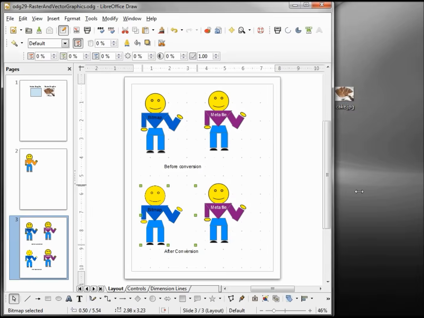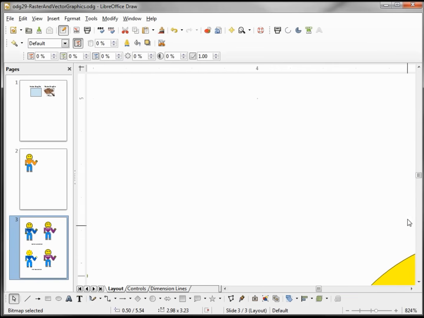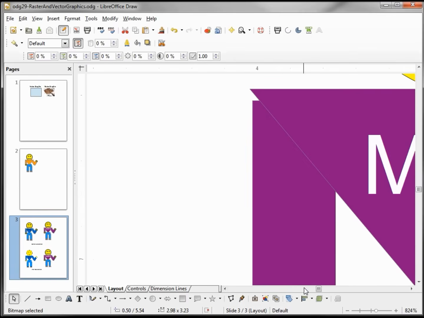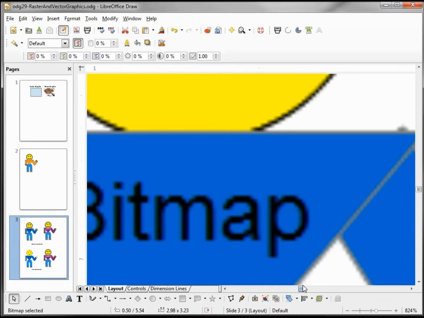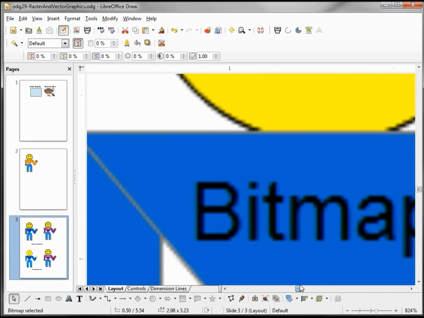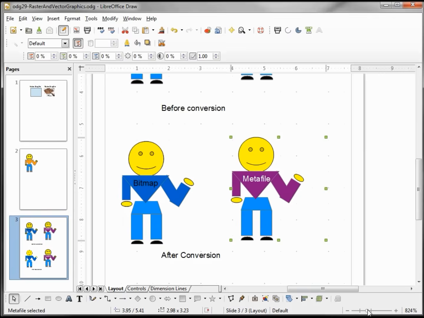Let's stretch out our screen a little bit and zoom in a little. We're at 800, and we see that our meta file still keeps some pretty sharp lines. When we go over to our bitmap, we can see that that is pixelated a little bit. And even the text here is a little bit pixelated, whereas when we come back to our meta file, it's still pretty clear and crisp. So if we're adding text to an image, we might want to convert it to a meta file. If we zoom in, that text stays pretty clear. Let's zoom back out a little bit.